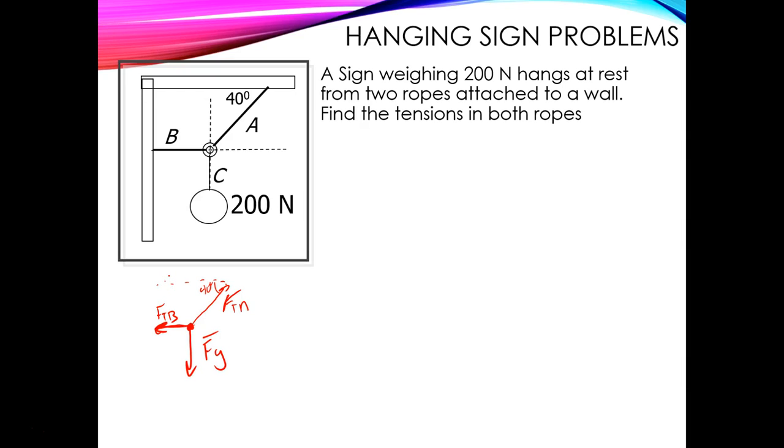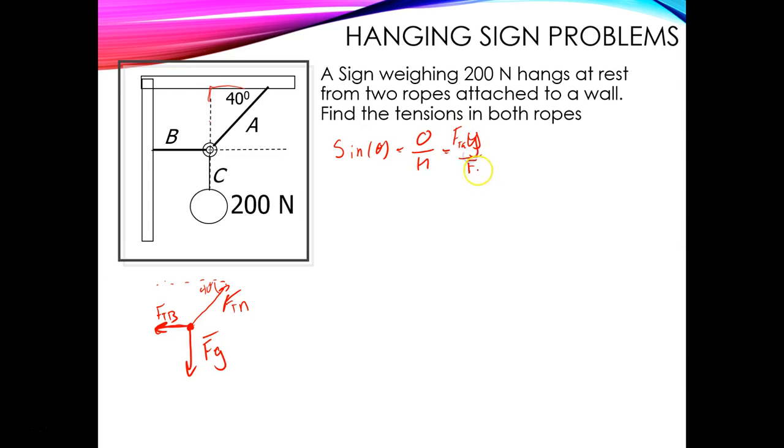Well, now I have to basically break up any vectors that are at an angle. So in this case, my force of tension in B is all in the x direction, and my force of gravity is all in the y direction. So the only one I have to break up into components is that force of tension of A. So using my sine and cosine, I know that the sine of theta is equal to opposite over hypotenuse, or in this case, the opposite side of this 40 degrees is going to be my y force. So that's going to be equal to y over